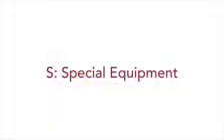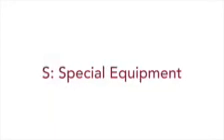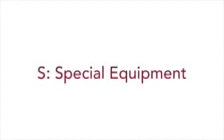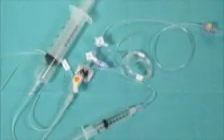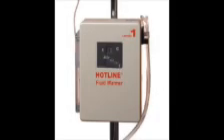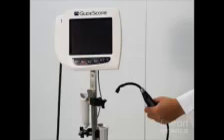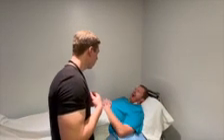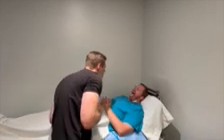Our last letter in the MSMAIDS mnemonic is the final S, which includes any special equipment that we plan on using. This can include an arterial line setup, BIS monitor, fluid warmer, Bair Hugger, GlideScope, and anything else necessary for the procedure. Now that our operating room is set up and ready for the patient, we can go to the